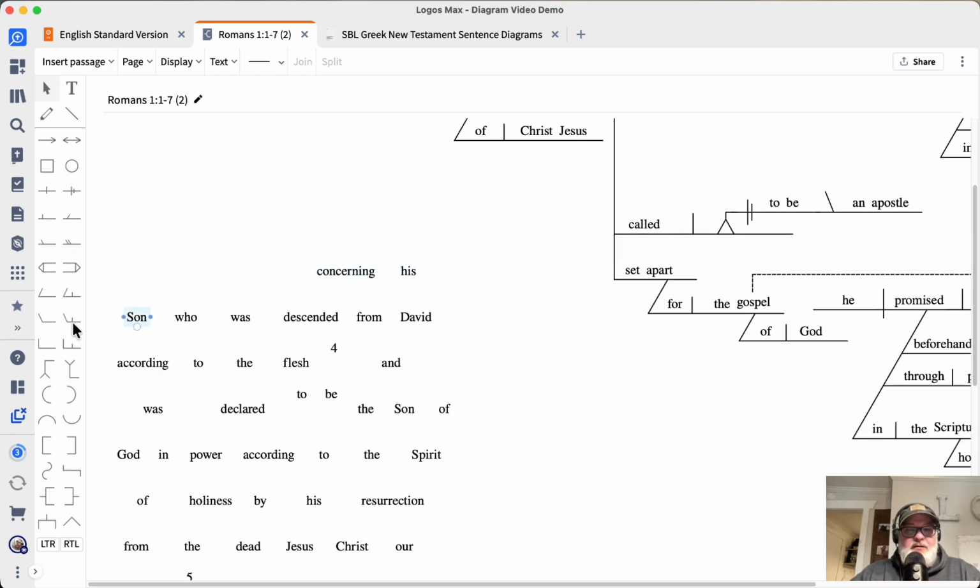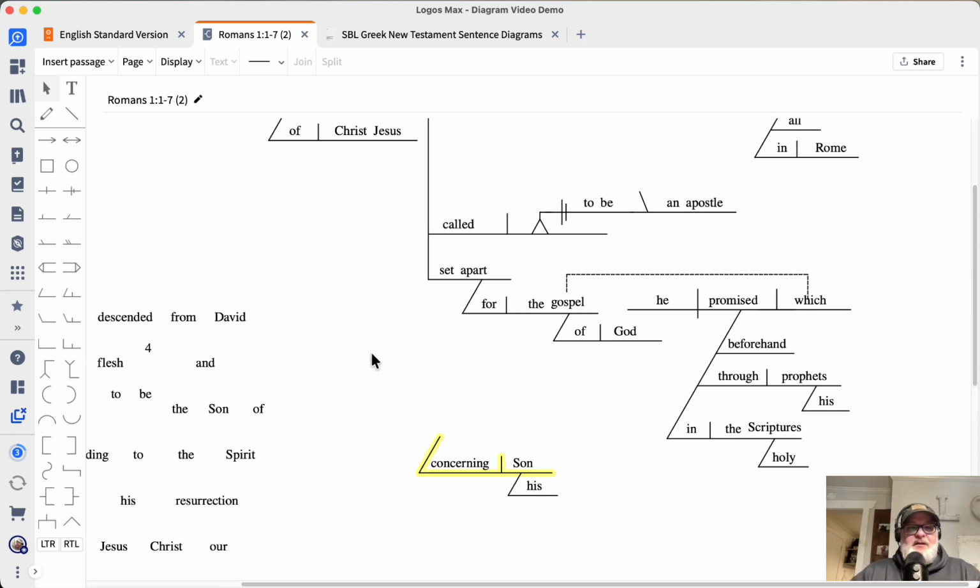And so now we have a different prepositional phrase, and it's telling us concerning his son, and then we have a relative clause connected to that. So let's take care of that. And then we're also going to determine where this prepositional phrase is pointing us to. So we have concerning his son, but we've got to determine what this is modifying. What